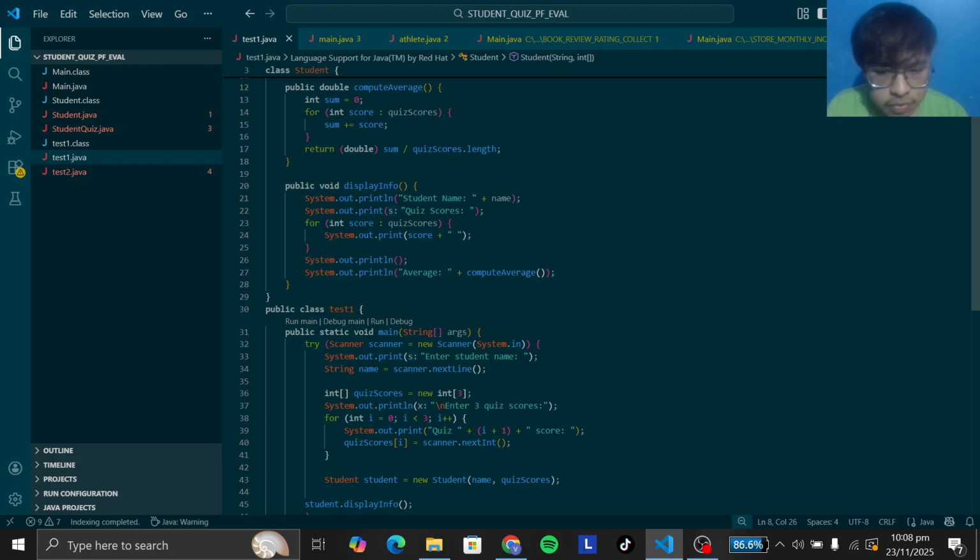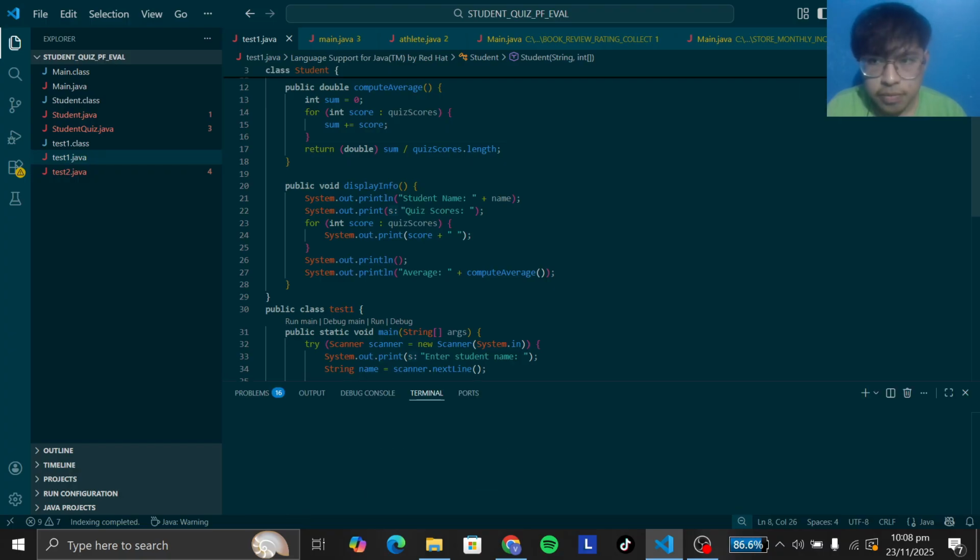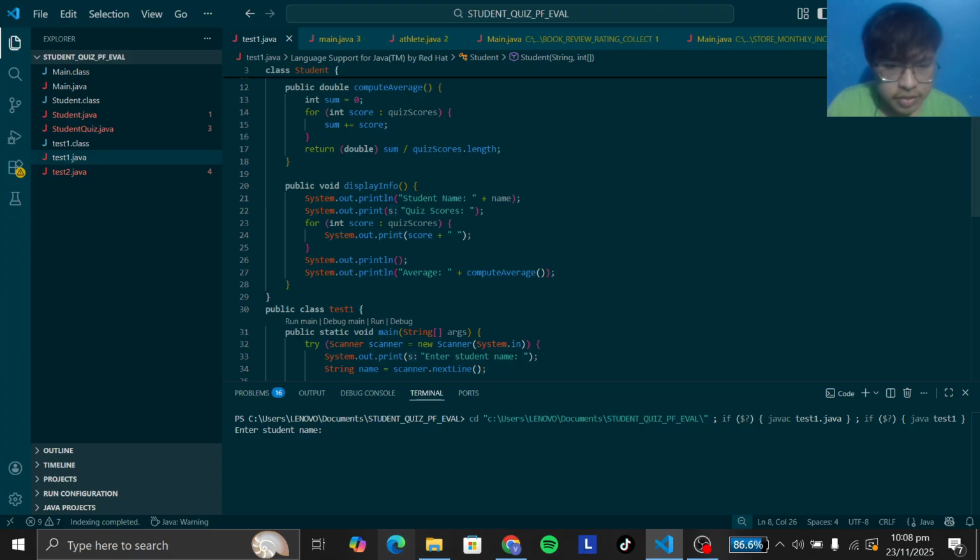So let's first run this program so you can see how it works. Okay, so as you can see now, "Enter student's name" is displayed. As I have explained earlier, we've coded this for you to enter your chosen name or the name that is to your liking. For me, I will put 30 as the name, and then